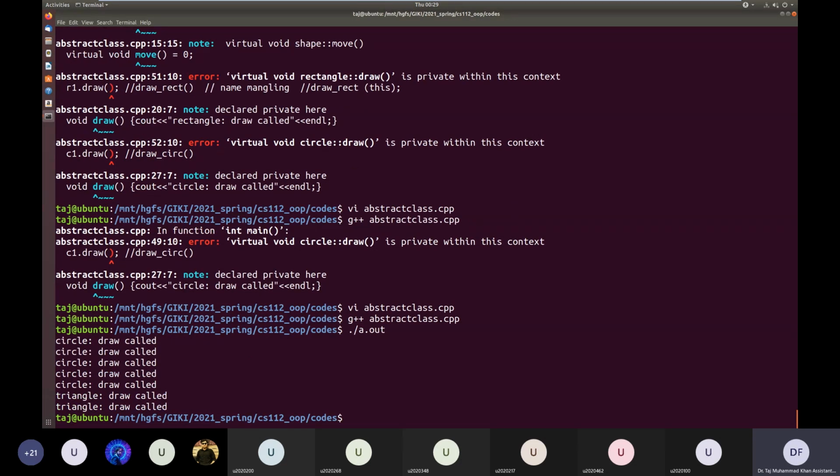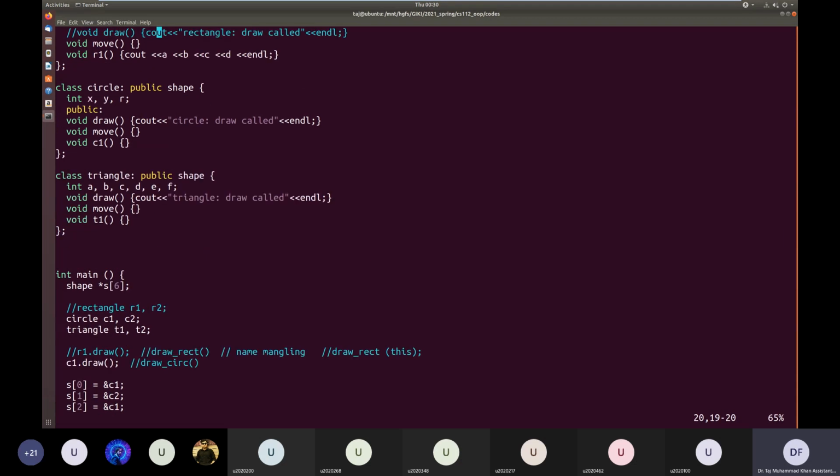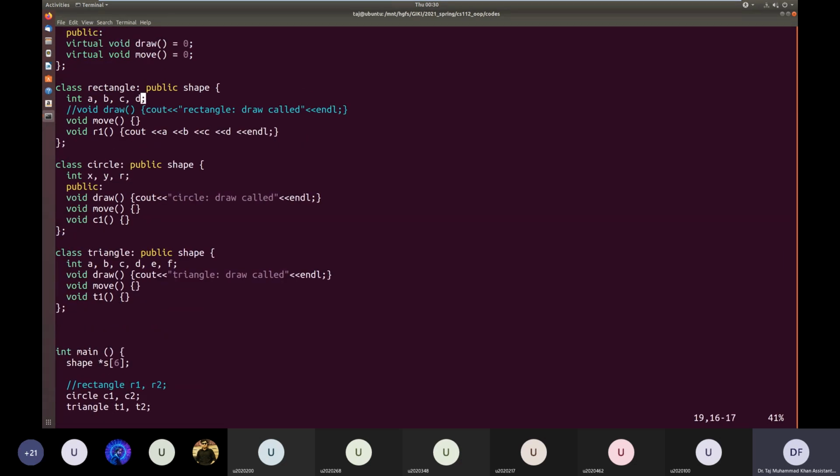I did not quite understand why it's calling seven times. There are six objects, C1, C2, C3, and we are calling the loop six times, so draw is being called six times, and for circle this draw function is being called.